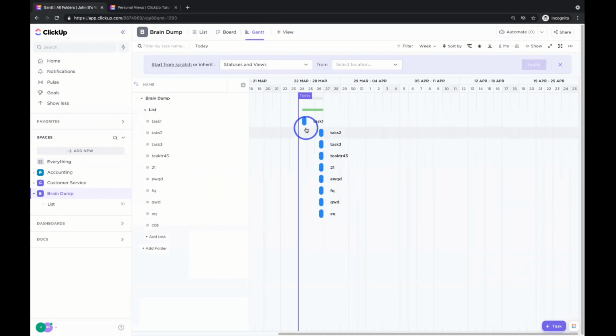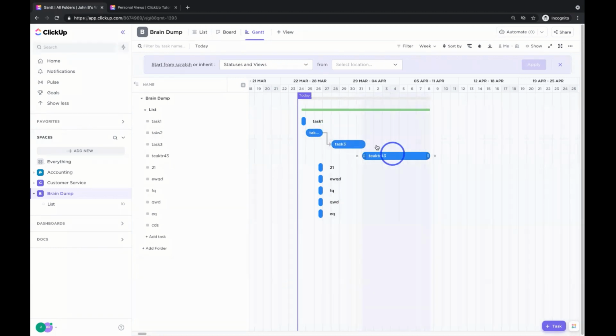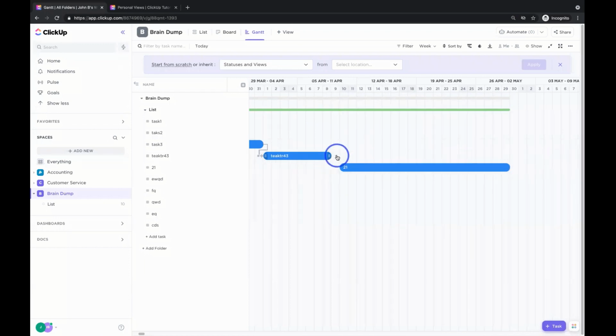All right, so I've got these tasks. So James, you might want to create dependencies between these tasks, saying certain tasks are going to be due on certain days, or going to be over certain timeframes or certain lengths, right? And you can move around these tasks like so. And if you want to create dependencies to them, you just click this little gray dot, and you can move it between the different tasks, and you can start seeing those gray lines showing up. Those gray lines are the dependencies between these tasks, right? So we can move our projects out, and we can say these things are responsible between each other. It's like so.